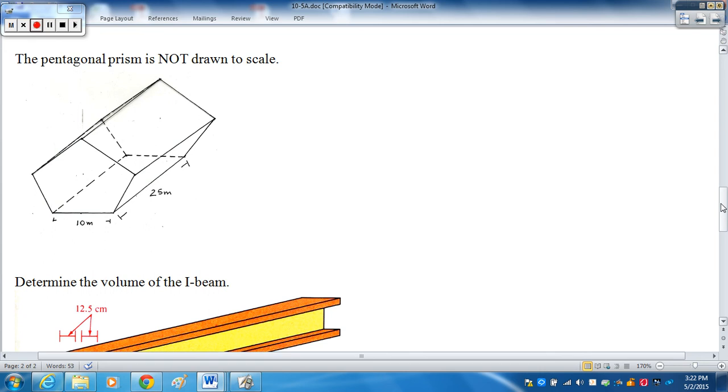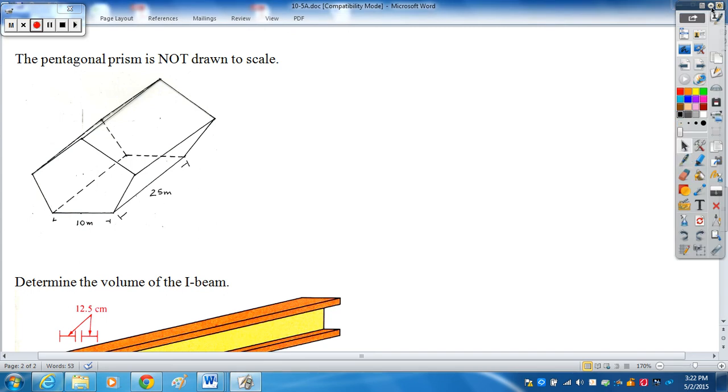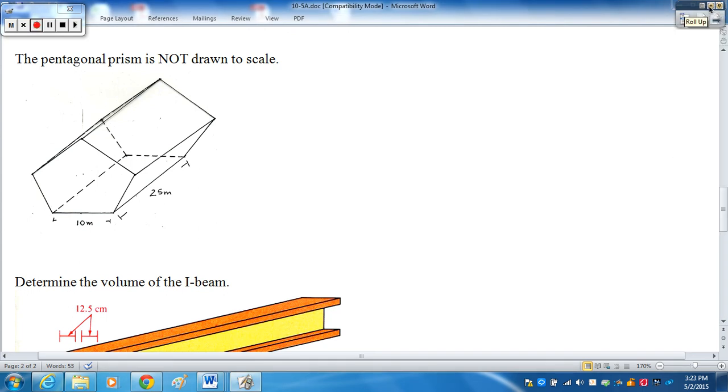So looking at the first one, we have a pentagonal prism that is not drawn to scale. Okay, so keep that in mind. I tried to draw this as closely as possible, but if it doesn't look exactly right, you'll understand why, because I'm not a very good artist. Anyways, so